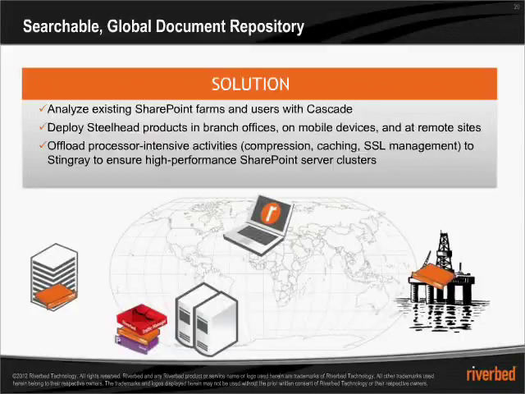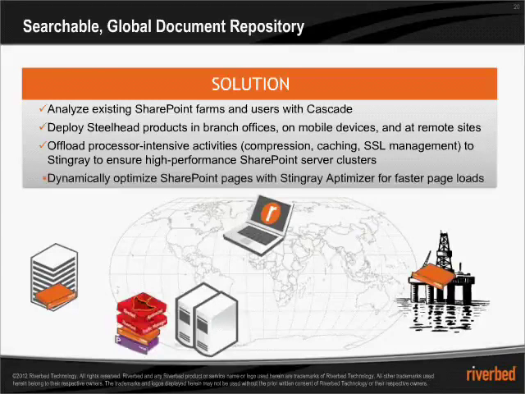So a lot of different ways that we've been able to help here now. We've used Cascade to understand the environment. We've used Steelhead products to accelerate access for branch offices, mobile devices, remote sites. We've used Stingray to provide additional value, compression, caching, SSL, direction and control over that environment, and getting more scale out of it. One additional way we can provide is an add-on to the Stingray family, which is our Stingray